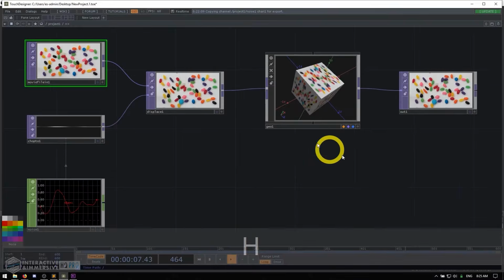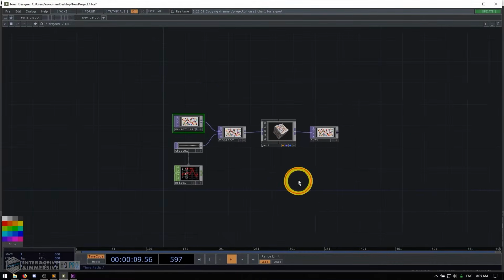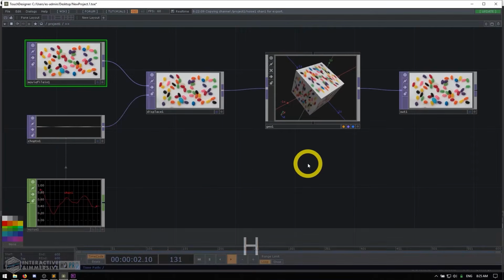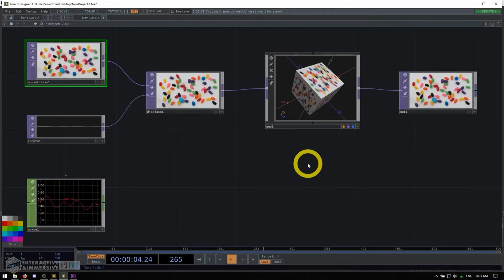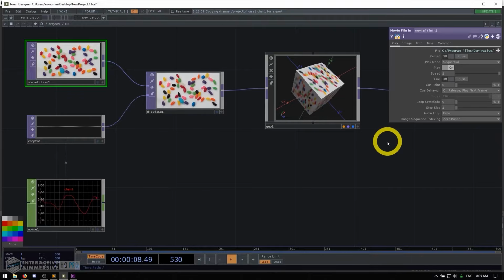Sometimes you might be working and you aren't working with parameters and you just want to see more of your network and have more real estate. You might choose to close that parameter window, but other times you'll probably be working with it open.